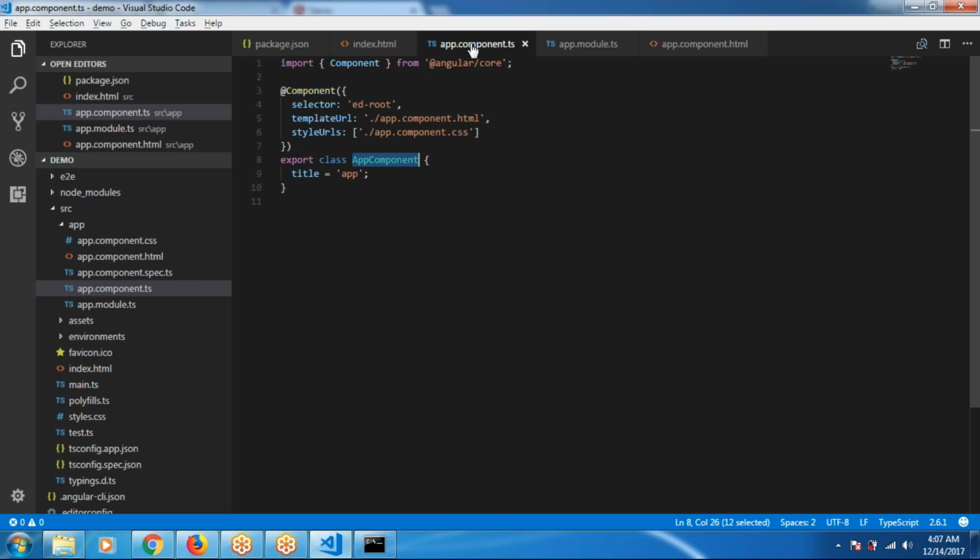Before I come to that, let me just mention this naming convention. My component TS file should have the class name with a suffix of Component, and the TS file should have a suffix of .component.ts. And before the dot, you'll have to put